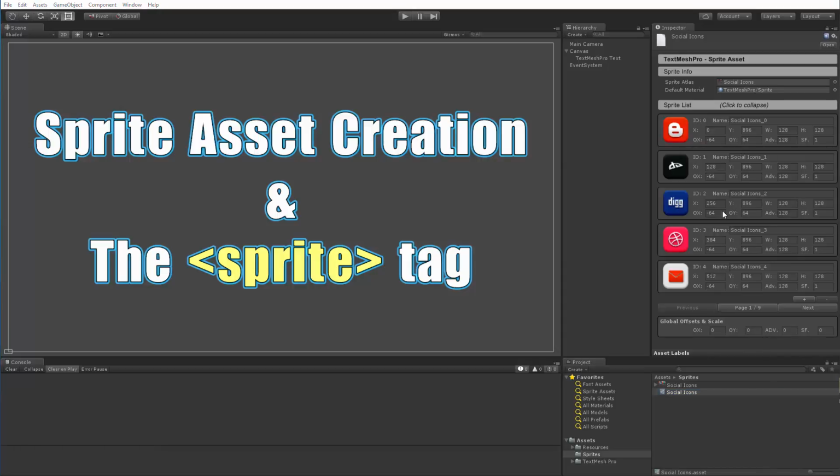Looking at the sprite asset, we can see that it contains a reference to the texture that contains our sprites. It also contains a reference to a material that is using the TextMesh Pro sprite shader, and this material also references this same texture. Next, we can see a list of all the different sprites contained in our sprite asset, and this list is broken up in 2 pages, which we can navigate through by using the Next and Previous